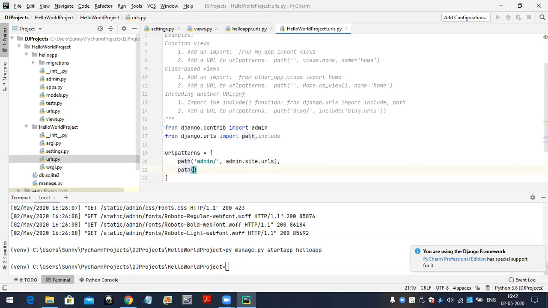I'm taking one URL pattern, hello, comma, include, and the application related urls.py file we have to include inside the project urls.py file. Here we take the application name, hello_app.urls. Inside this hello_app application we have one urls.py file, so that urls.py file I am including inside this project urls.py file. That's it. Save this one.